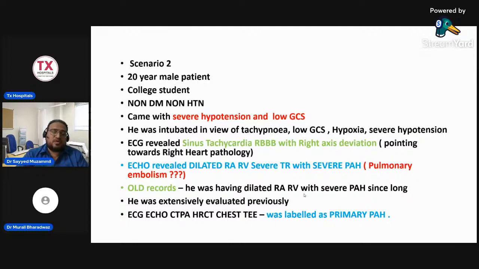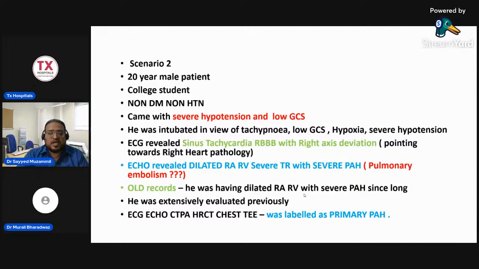So we did echo. We found that he was having dilated RA, RV, D-shaped left ventricle, severe TR with severe pulmonary arterial hypertension. Initially, we suspected pulmonary embolism, maybe the reason behind his hypoxia and hypotension and tachycardia and RBBB and right axis deviation. But when we saw his old record, we found that he was having dilated RA, RV with severe PAH since long, and he was extensively evaluated to find out what is the cause of his dilated RA, RV and